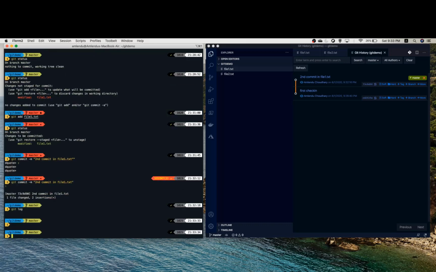Now the one other thing that we have to deal with most of the time is working with a remote repository. What we are going to do is push these changes to a remote repository. For that to happen, we first have to create a remote repository.